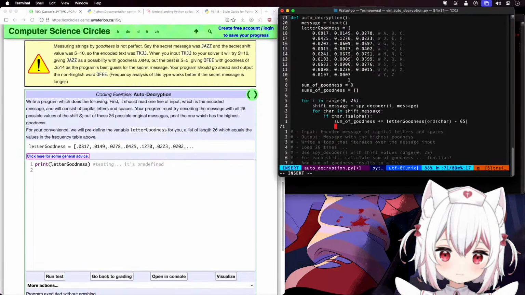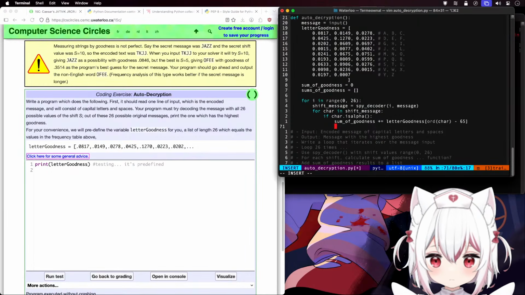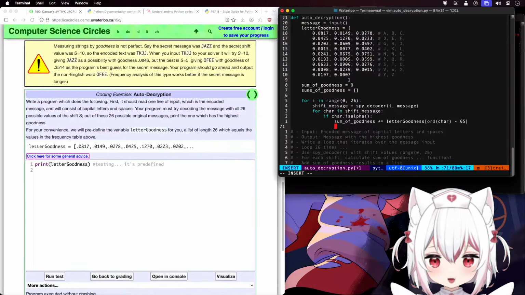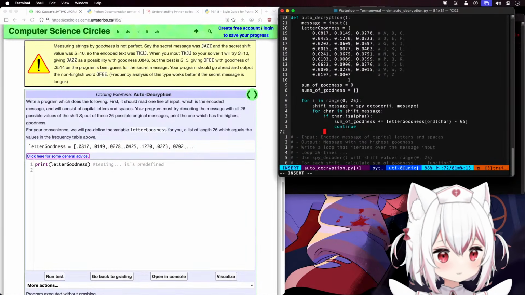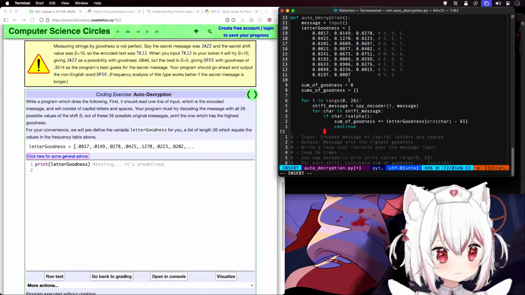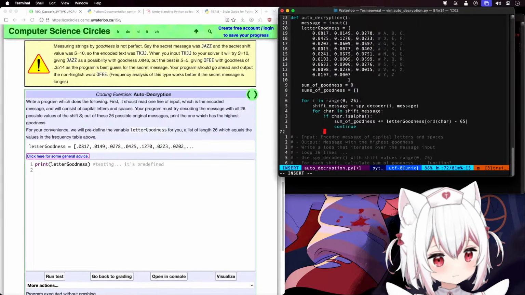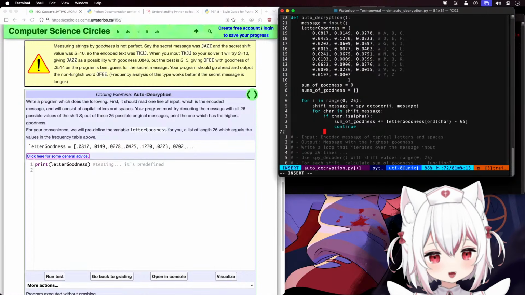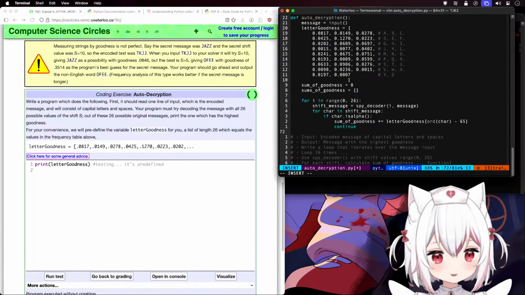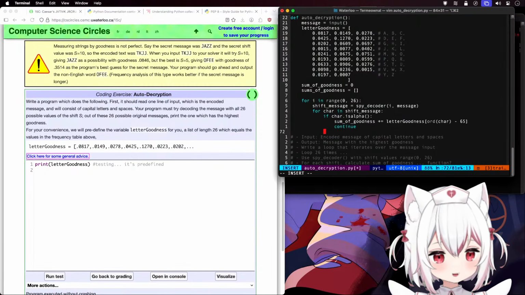Can I just continue here? Do I need to continue? I don't know. I'll just put it in there because I don't know if I should put it in there or not. Okay. And then if it's not,